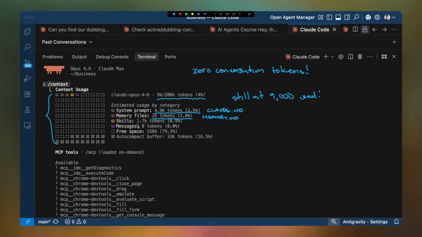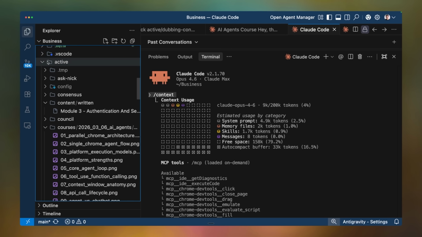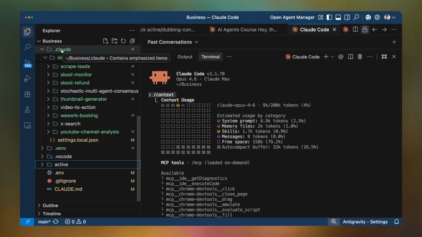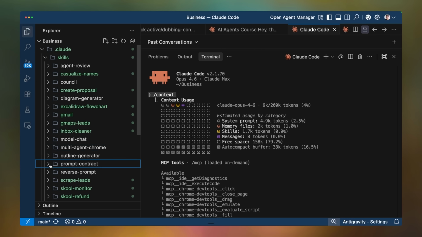Then next up, we have skills, which are consuming 1,700 tokens. What are these skills? Well, you remember when we made a bunch over here? If I go to the top left-hand corner where it says .claude/skills, every agentic coding platform has their own configuration for this stuff. But the way it works in Claude Code is you organize these workflows into skills. Well, guess what? These skills aren't free.